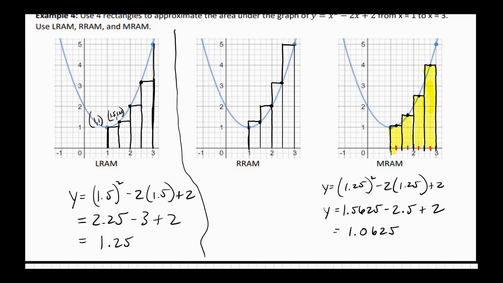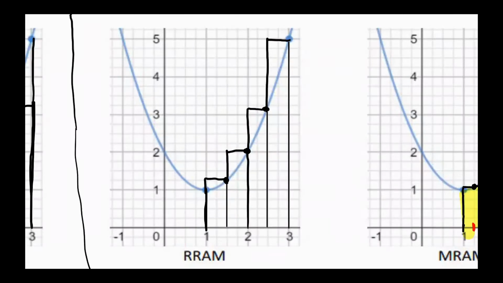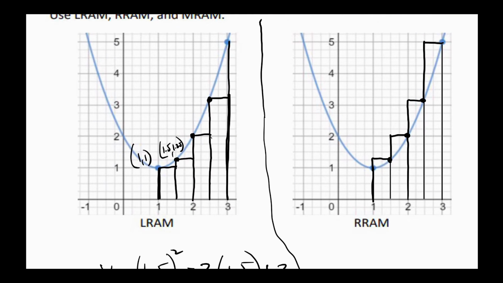Well, to find the true area without being over or under, right? LRAM in this case was under, RRAM was over. So in order for me to use rectangles to find the exact area,